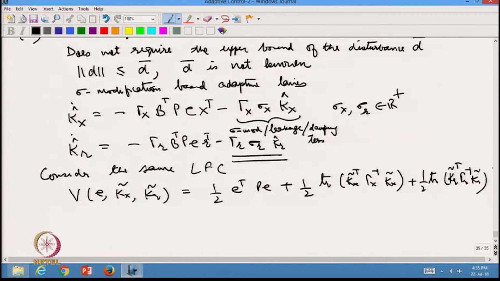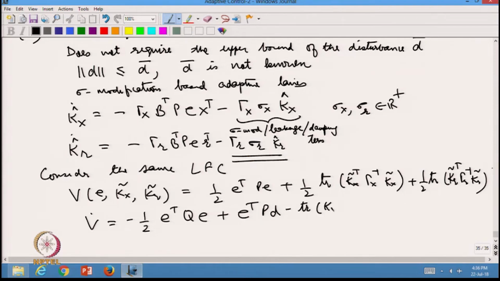So, now we go ahead and take the time derivative. We can skip a few steps here because it is a repetition of what we have done many times in this course so far. So, take the time derivative, and V dot is given by minus half E transpose Q E plus E transpose P D. This term is coming from the disturbance which is acting on the plant,